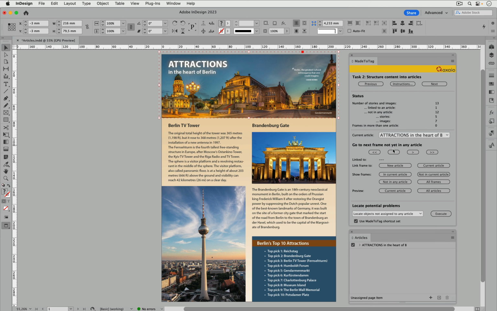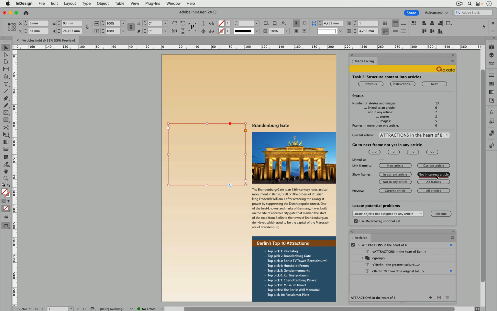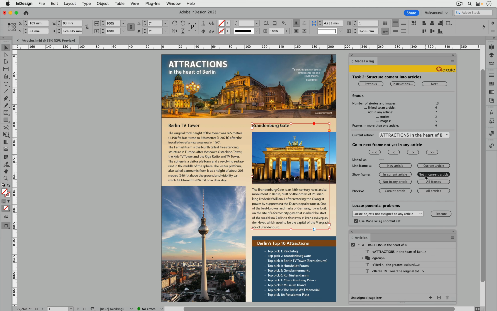Next, I select the image and choose Link Frame to Current Article. After that, I do the same with the next frame, and now I select this text frame. So it goes on with the next item. In the meantime, I can check the article assignment. To do this, I show the frames not in the current article. This way I can see that there are still elements without article assignment, so I still need to edit them.